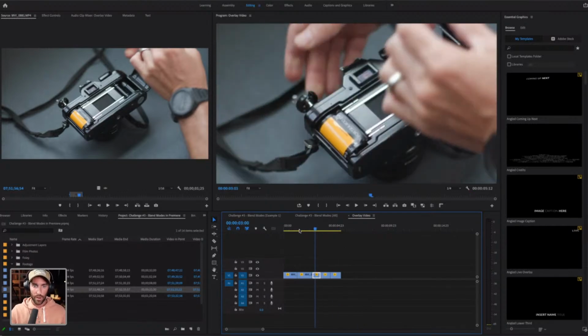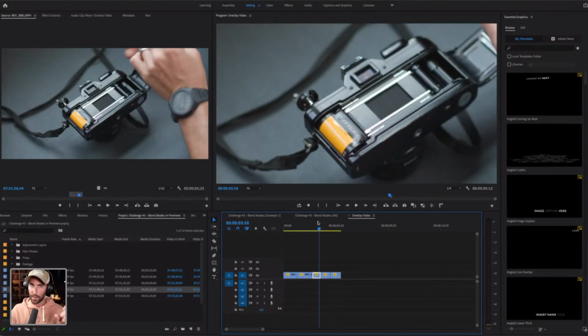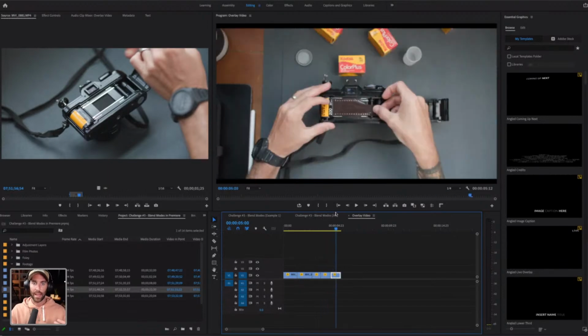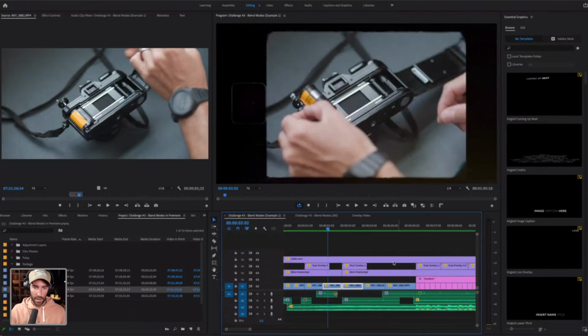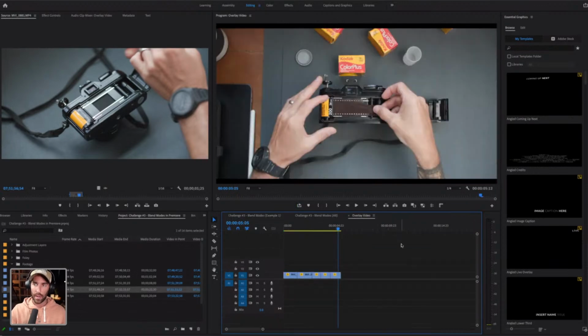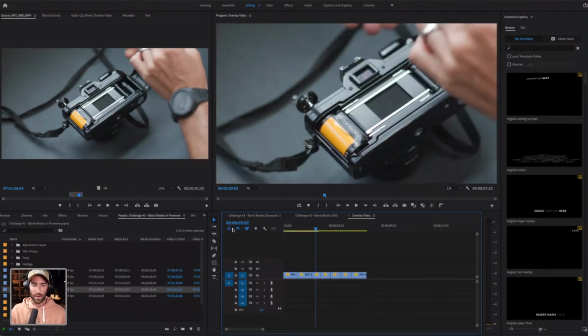Okay, so now we're starting to create a nice little sequence here of me shooting the camera, opening the back of the film, taking out the canister, and pulling the actual film strip. And let's get one more clip in there, which I think will look really nice. These two clips here. And you'll notice that I've actually added some sound design to this, which I would like to try to get to at the end of this tutorial as well. All right, so now we have about a 7-second sequence here